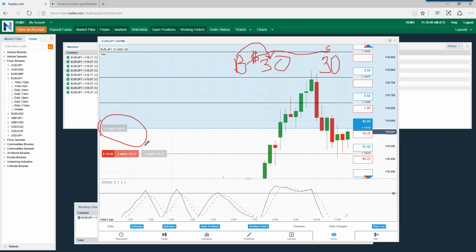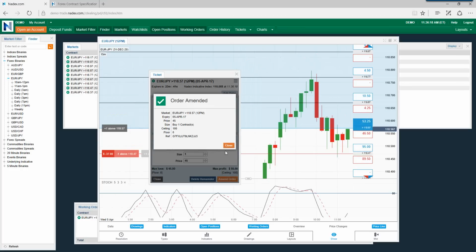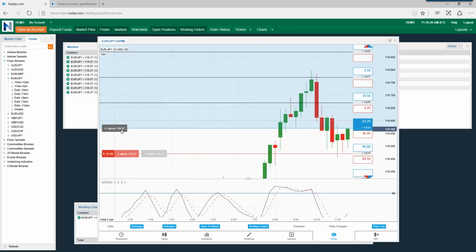Now, I did an extreme example there, okay? There are times where I will go in and actually, all right, I don't want it for 50, but if this comes down to, let's say, 45, okay, I would get in at 45. So I can modify that order, and if this goes down to 45, it will allow me to get into the market, as long as there's someone willing to let me buy their product. Do you understand?